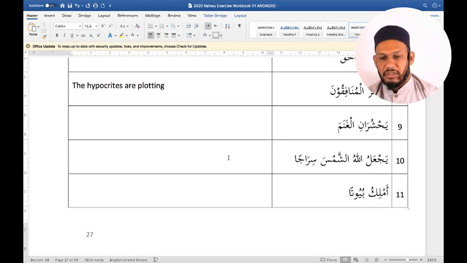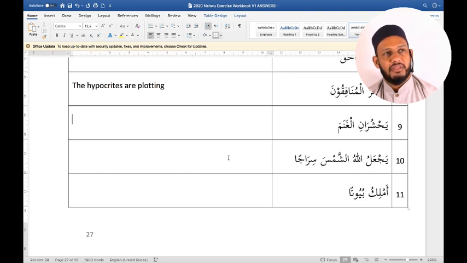Next one. يحشران الغنم. Okay, this one shouldn't be in here because you haven't done the dual verb yet. You haven't actually done this before. We left out the dual verbs for the last 2 years because it's a bit easier. But basically, there's a dual verb. So if I had to explain it to you,